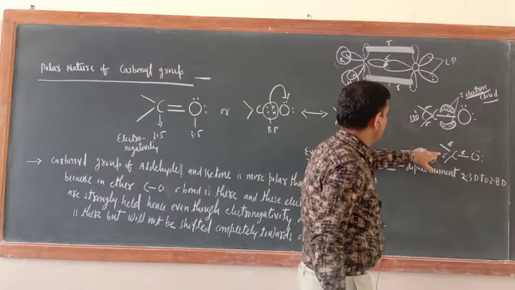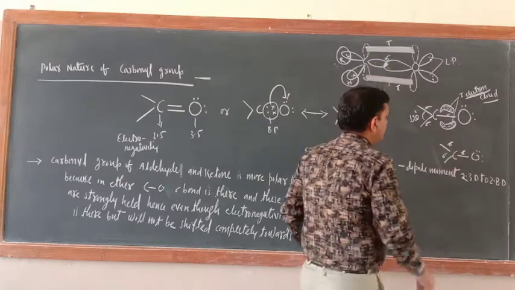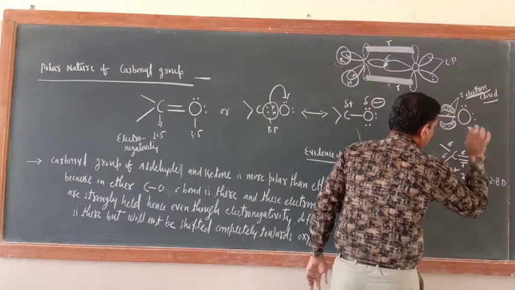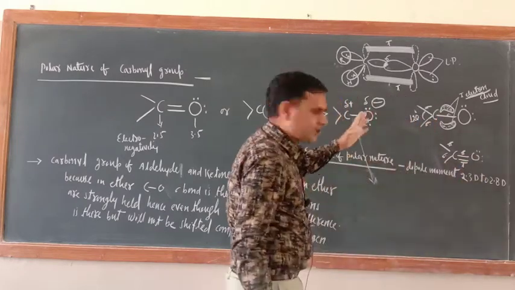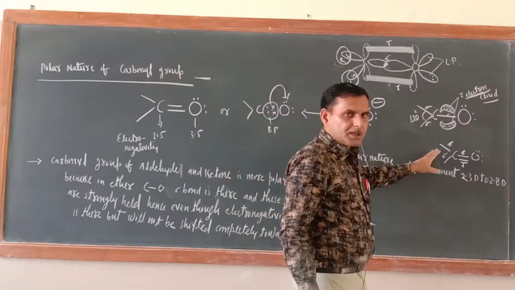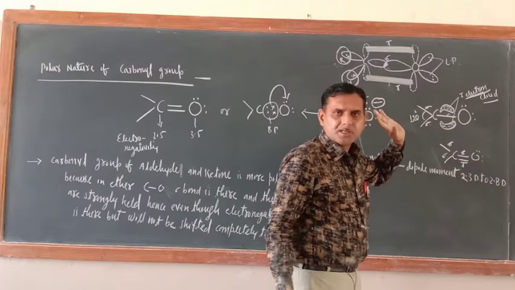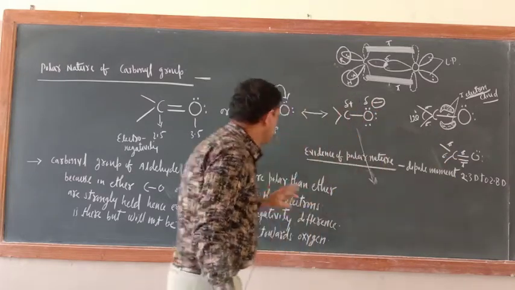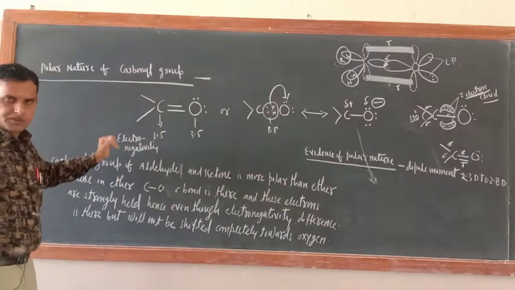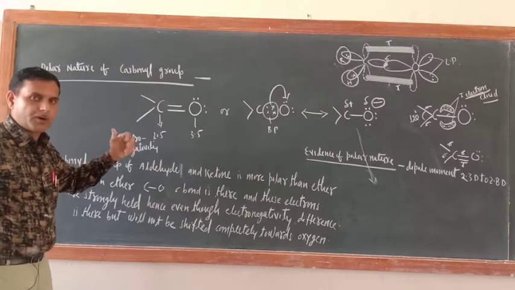Now here I made this one. So a sigma bond is there. Now because of sideways overlapping, a pi bond will also form. So here the double bond is completed. Octet is also completed for each atom. So in the carbonyl group, 3 sigma bonds are there and 1 pi bond is there. And now just see another important thing, the polar nature of the carbonyl group.